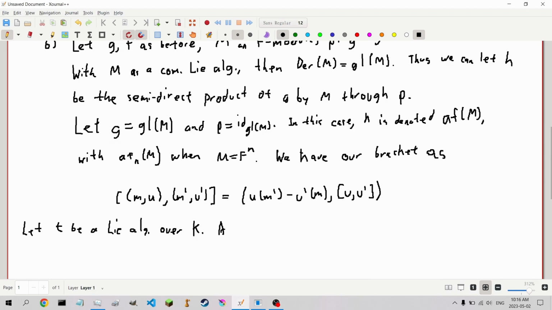So we have a linear map theta of T into the affine group of M can be written as theta of T is equal to